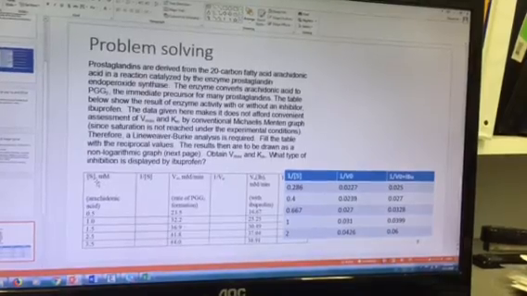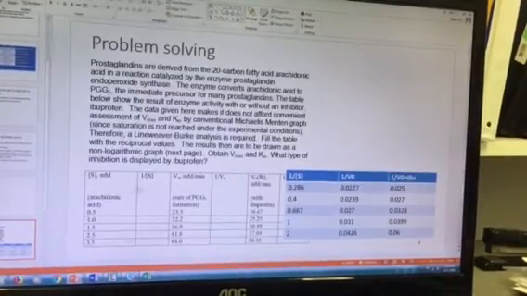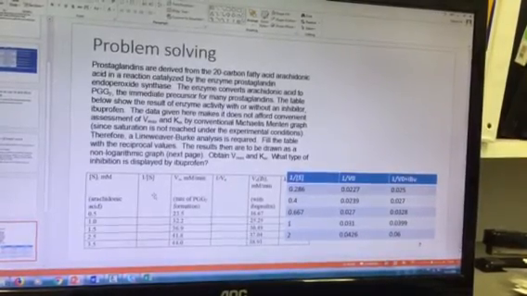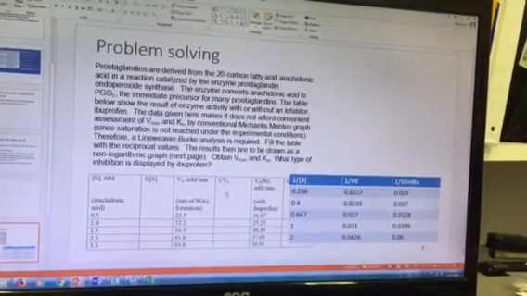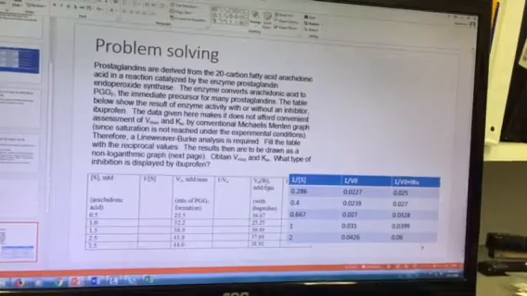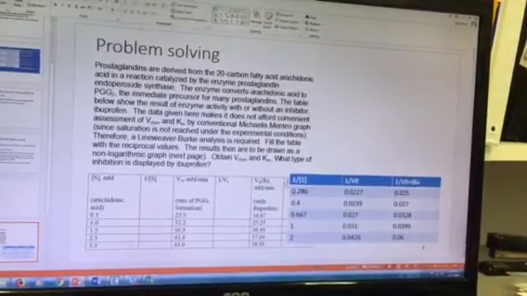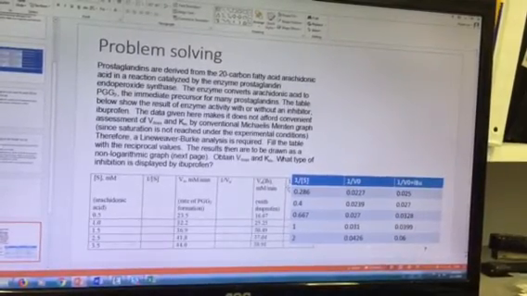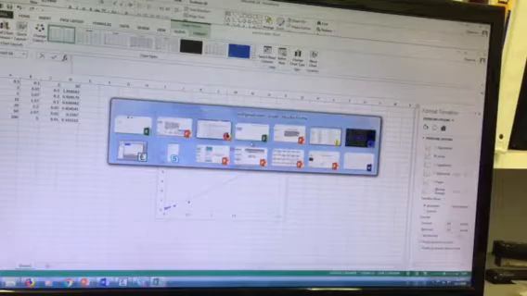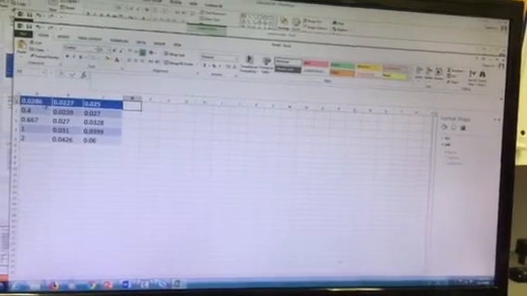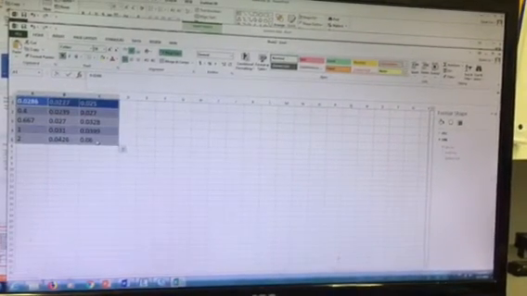We have the concentration of the substrate, and what we need to do is find the inverse values of that. We have V initial, and we need to get the inverse values of that. And we also have a V initial of the inhibitor, and we need to get the values of that also. So this is our data, and we're going to send that over to Excel, and here it is. We want to highlight all of that,